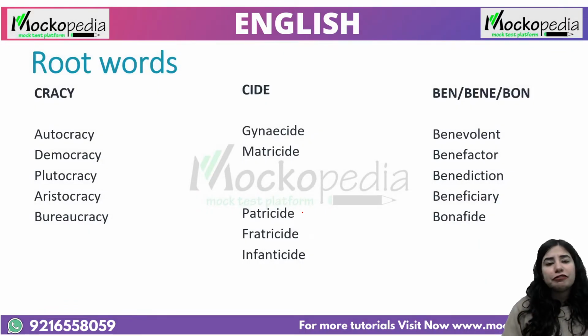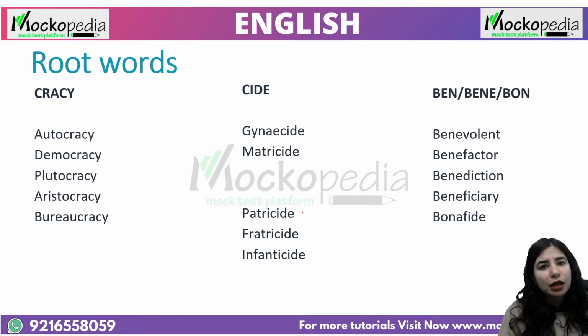Now, there is another very logical approach which I feel is really appreciated and supported by trainers all over the world for vocabulary development, and this is root words. So what are roots? English has got its origin from Greek and Latin, the way Hindi has got its origin from Devanagari lipi. So you pick up certain roots which can be added as a prefix, which means it comes before the word, or as a suffix, which comes after the word. And you can see a lot of words logically derived from roots.